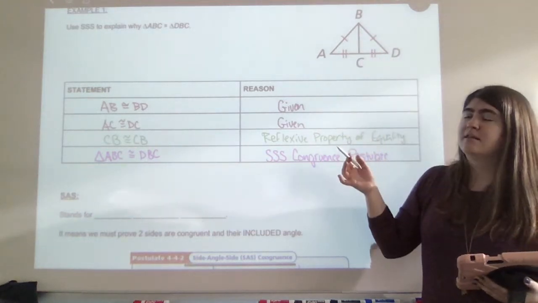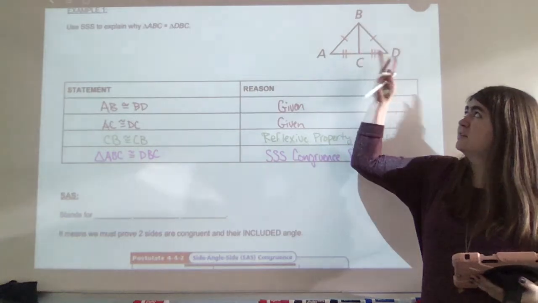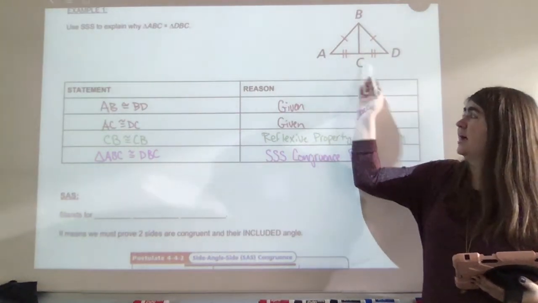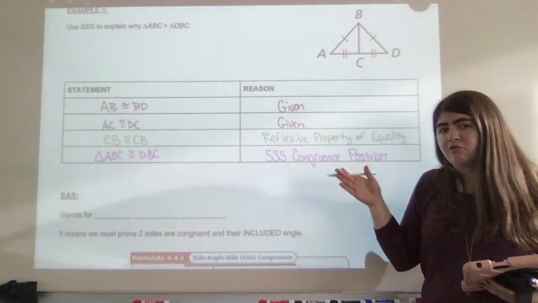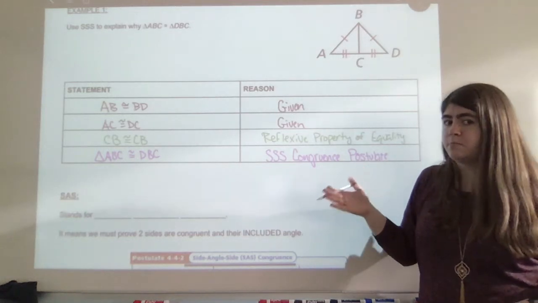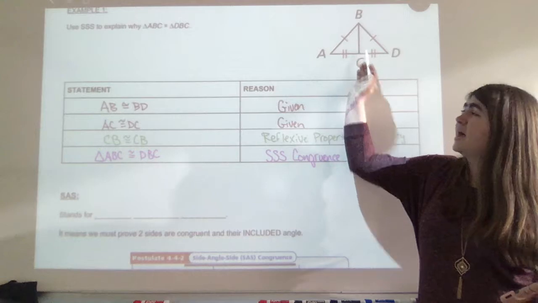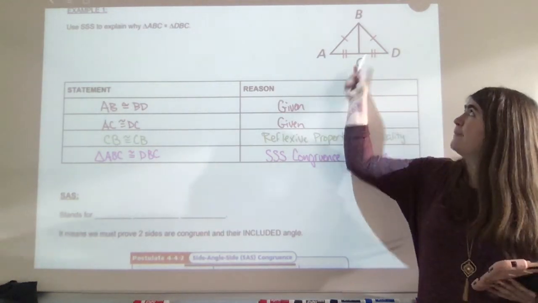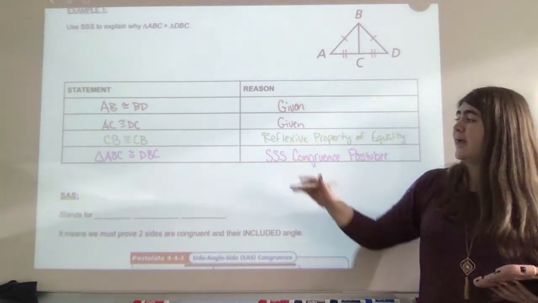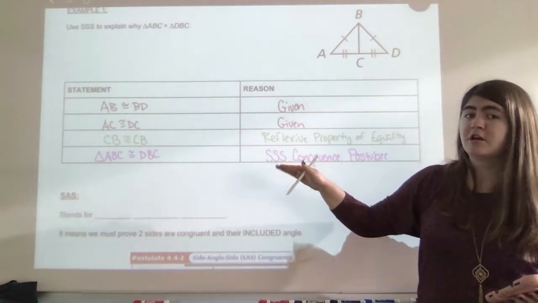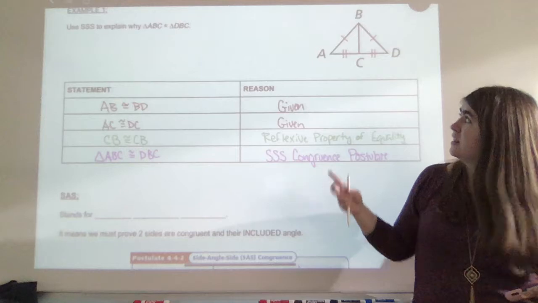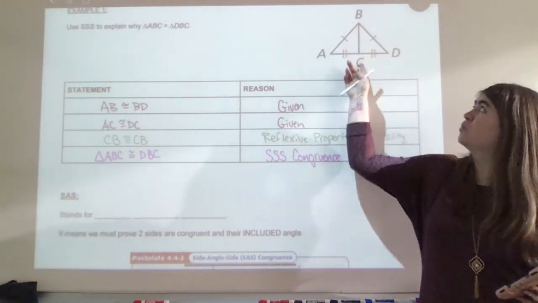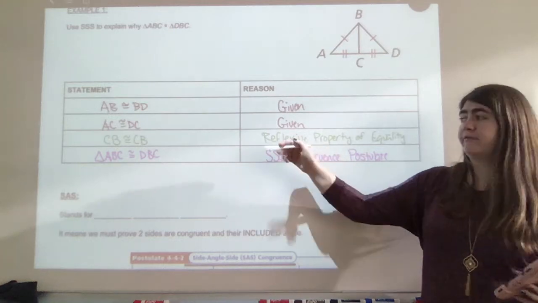It is, but what if I wanted to split these triangles into two on this line? Does the line only go with one triangle? No, it goes with both of the triangles. So this line is actually two lines put right on top of each other, and they happen to have the same names. So I have to say that they're congruent to each other because they're technically two lines in two separate triangles. Because they make up this one line in the image, I can use the reflexive property to say